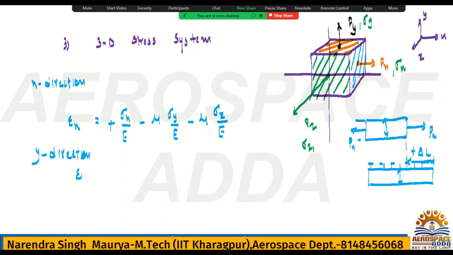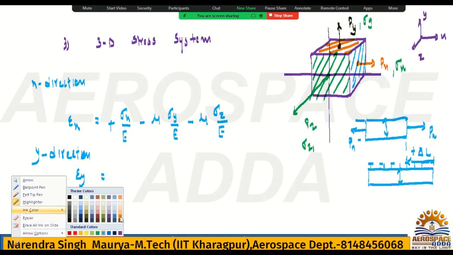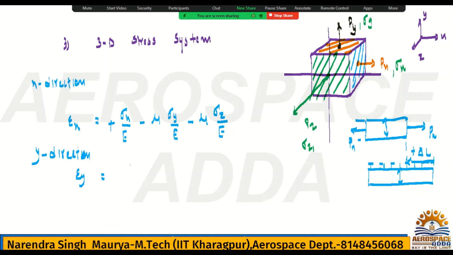So it will be epsilon y. What will be the epsilon y? So epsilon y, now you are talking about, if you are saying y direction, so you are talking about the load py. So because of py in y direction it will be positive deformation, hence it is sigma y by E, sigma y by Young's modulus. And in the rest, x and z direction, it will be lateral strain, and it will shorten the length, hence it is mu, Poisson ratio, into, in x direction it will be sigma x by E minus